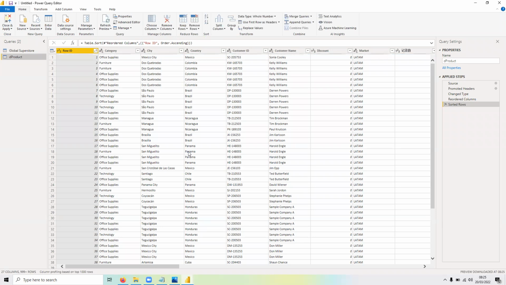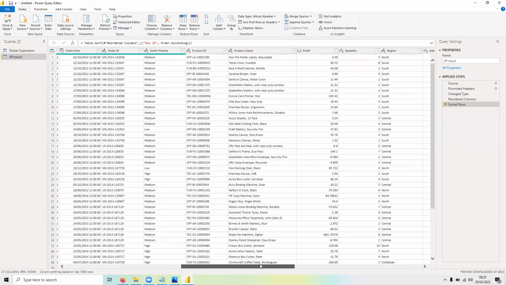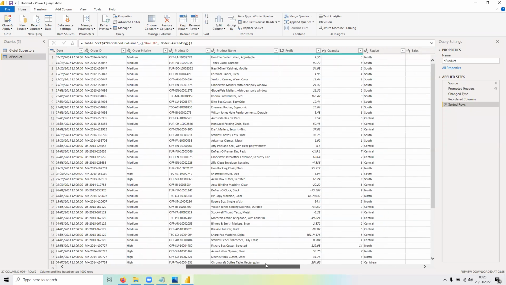So in this new table now, what you need is just what? The product ID, product